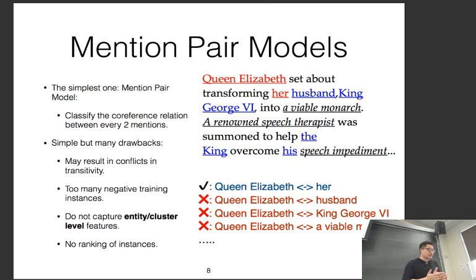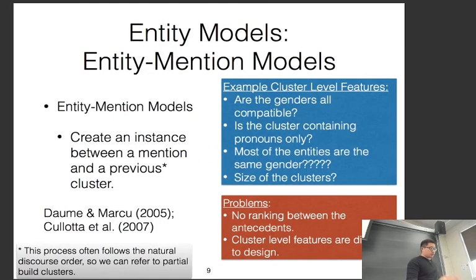Other problems that are not as obvious include that it cannot capture cluster level features. An entity is normally formed by a cluster of 4 or 5 mentions. Within the cluster, you may have some internal features, for example, whether the whole cluster is about a person, or is a location cluster. These features are actually useful for deciding coreference, but they cannot be captured by a mention pair model. The fourth drawback is that there's no ranking of instances here. All these instances are treated equally. So, given that there are so many problems, but it's simple to implement,